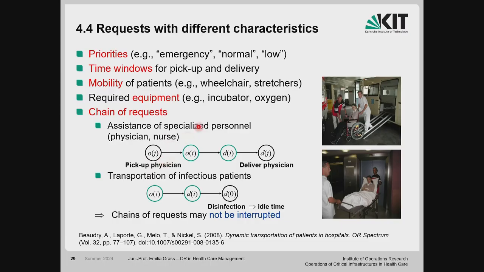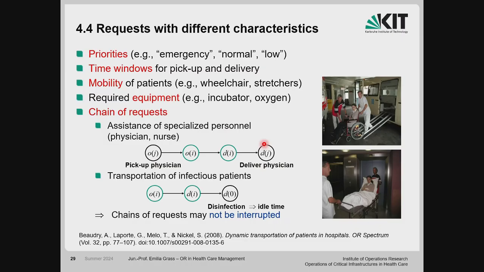Even if we just know that the patient should be at the surgical ward at 10 a.m., indirectly we know when we have to pick them up, and we also know whom to pick up first, which nurse or physician, and then after that we of course have to deliver